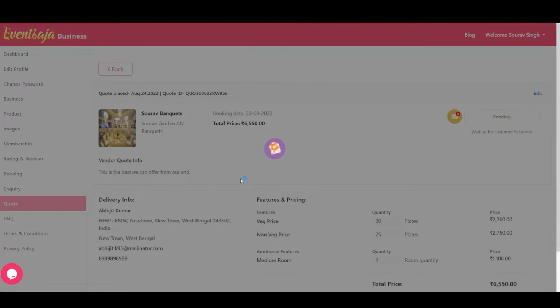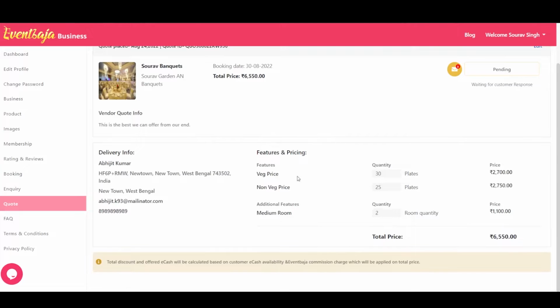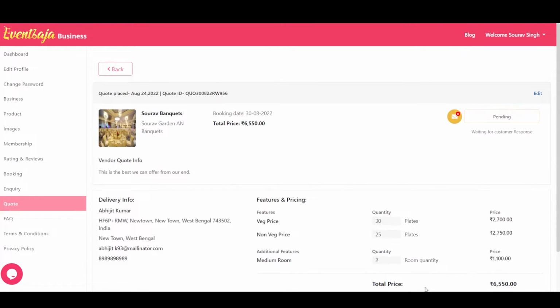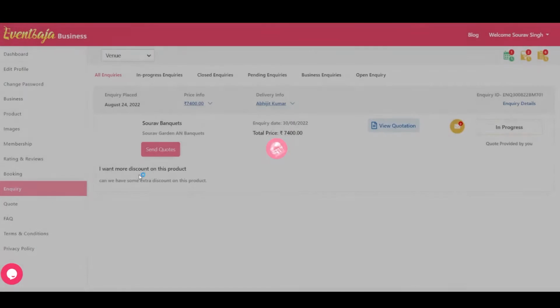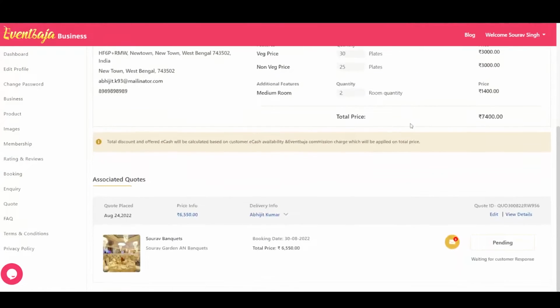In the details page as well, we are able to see this edit button, and these are the details of the quote, and this is the section where the comment from the vendor's end is displayed. Similarly, if we move to inquiry back again, we now see a new button over here which is view quote, and if we click on this view quote button, we can see that we are again redirected to the inquiry